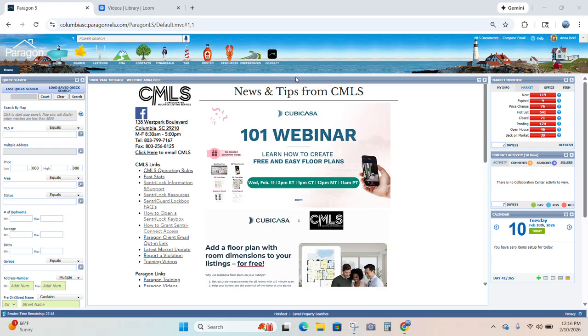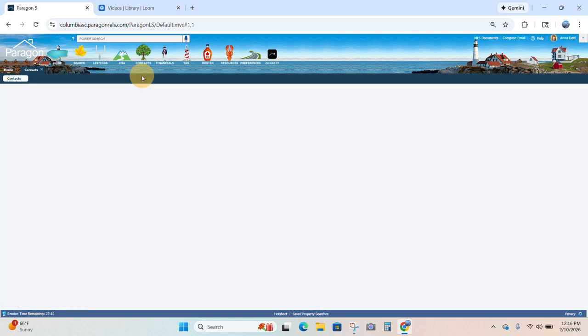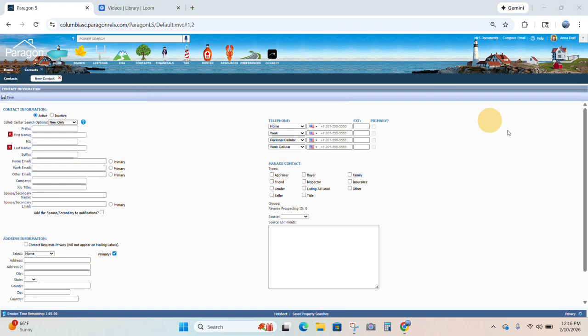So right now we are in Paragon. Paragon is our MLS platform. First step is we're going to go to the contacts at the top, choose add contact. Now it will give you the options to fill all this information in, but you'll see the R's are the only required options. And I would also argue that I would only put in their first and last name along with an email,